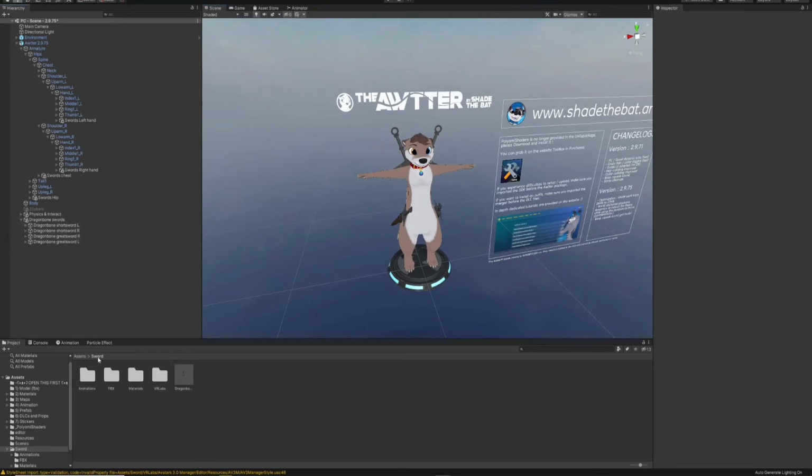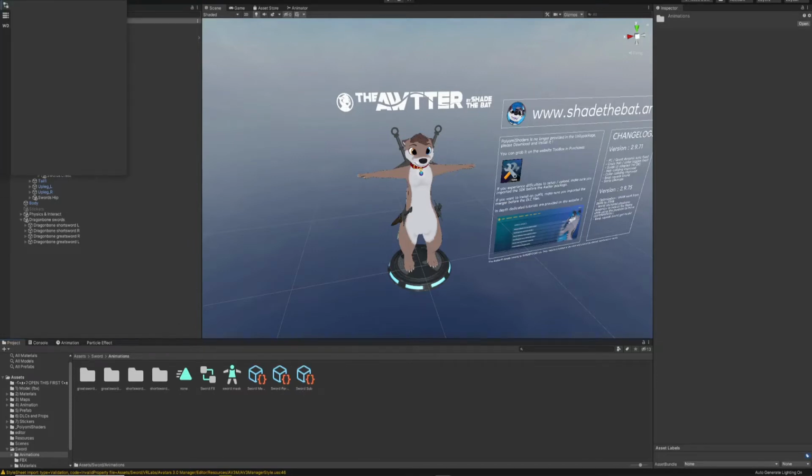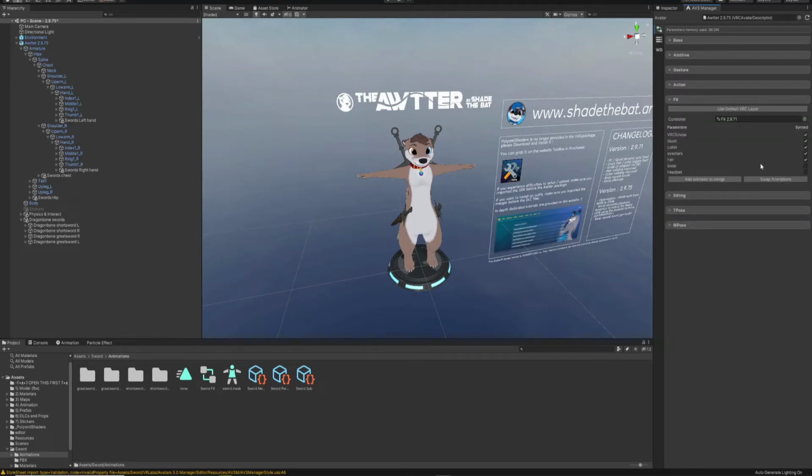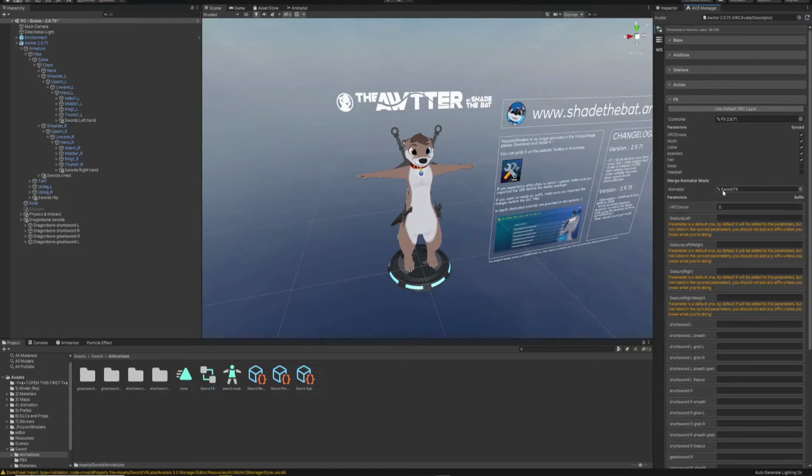And then you're gonna have to move on to animations, and you can open up this VRC Labs tab, drag it over here, and then you can drag your avatar into this, open up FX, add an animator to merge, drag the sword FX into here, ignore this stuff,